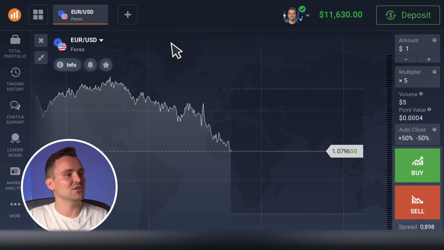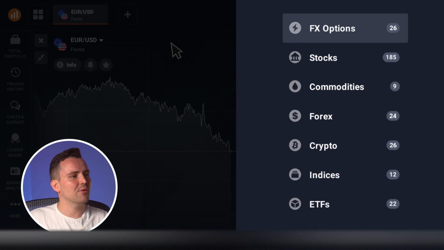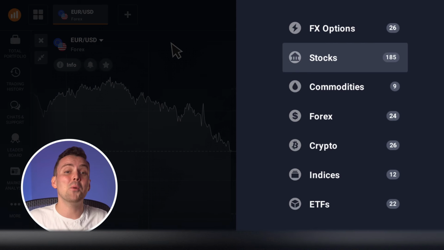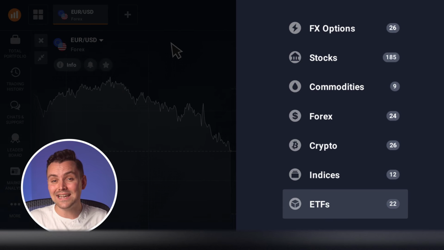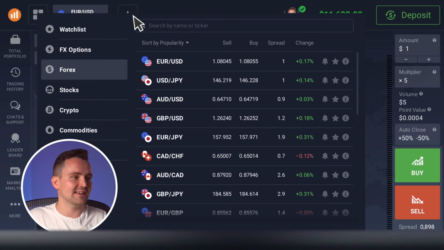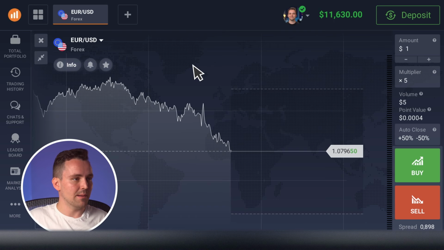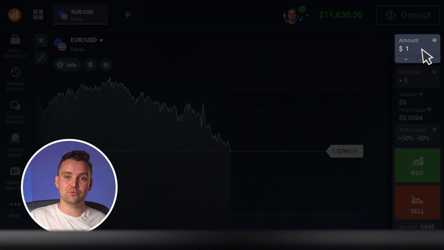So, how to open a short position on the iqoption platform? The process is really not complicated. First, you need to choose an asset that you would like to trade. On the iqoption platform, you may apply short selling to various assets, not only stocks. For example, you can short sell currency pairs, cryptocurrencies, commodities, indices, or ETFs via CFDs. Click on the plus sign in the upper panel to choose an asset category and then select the asset you would like to trade. Enter the amount you're going to invest by clicking the Amount button.